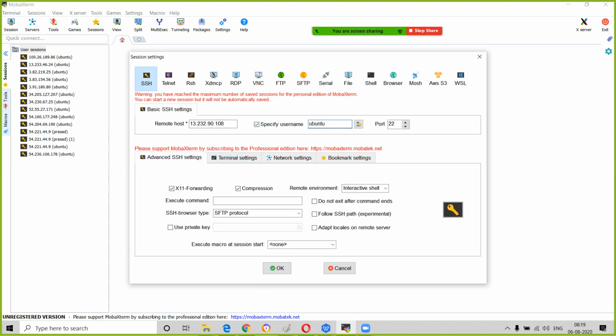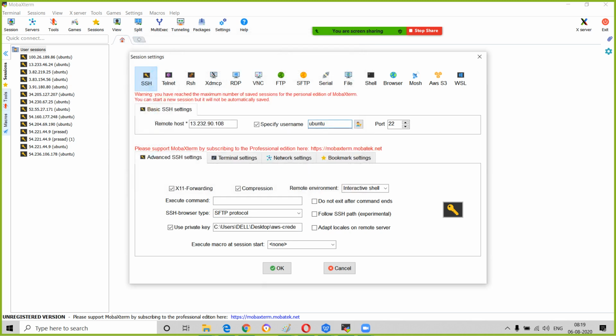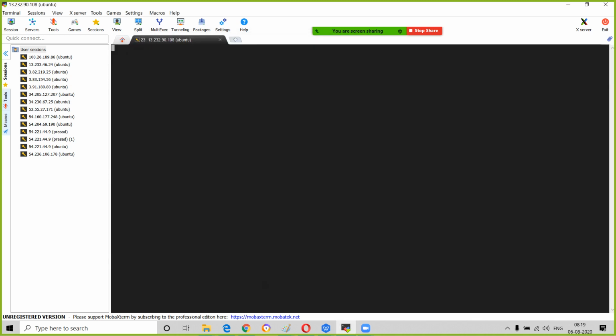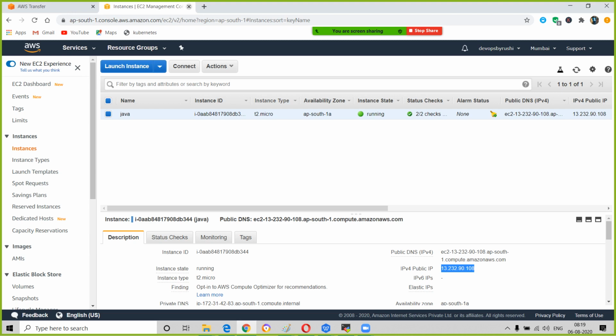Ubuntu advanced settings, private key. Click on this one. Okay, guys, perfect. Now you have launched a server, and next you have to download the tar file, right?